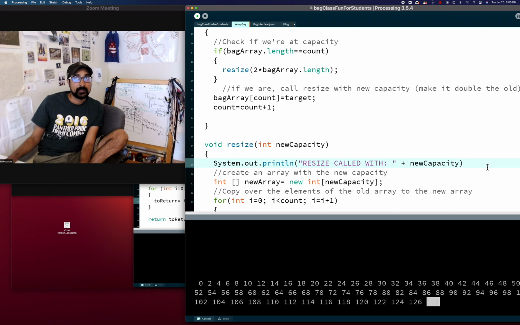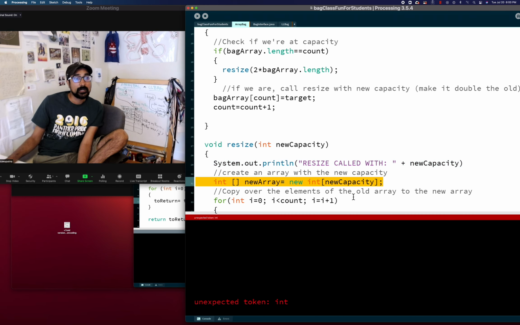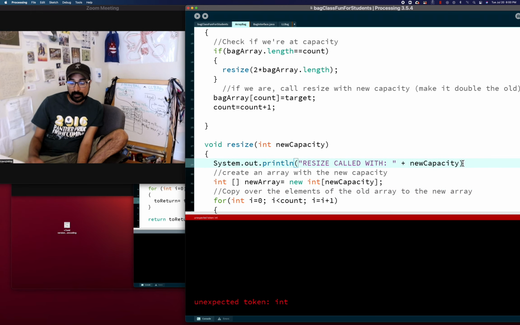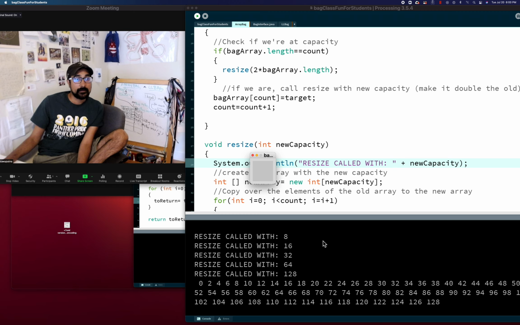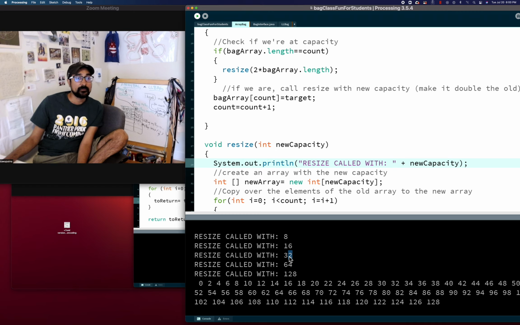And would that put it on its own line? It'll put it on its own line. So we can see this as it comes through. Did not like me not putting a semicolon there, right? And called with 8, called with 16, called with 32, called with 64, called with 128. Okay, so the final one was 128. Perfect. Looks like it's working well. All right, so I'm gonna take out this print,